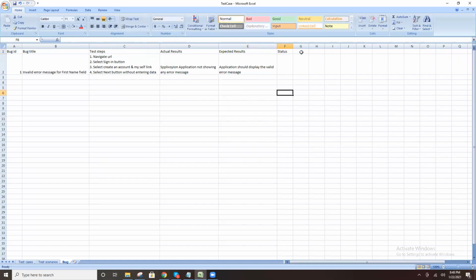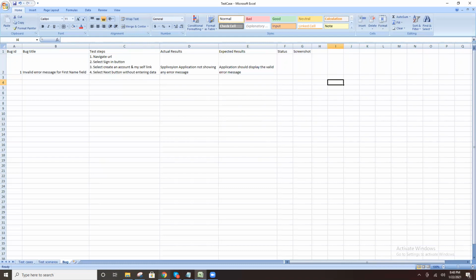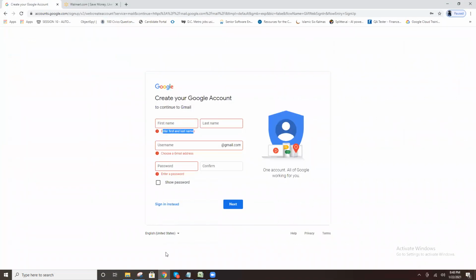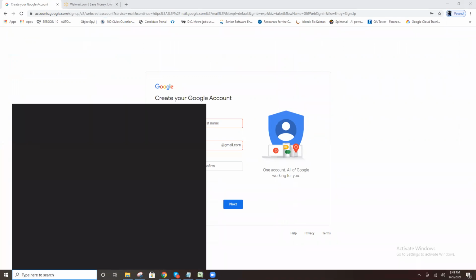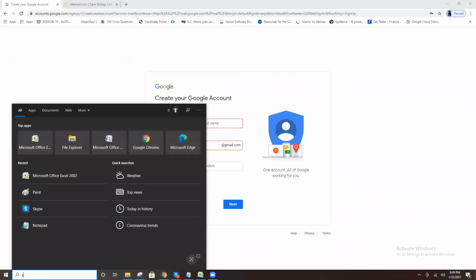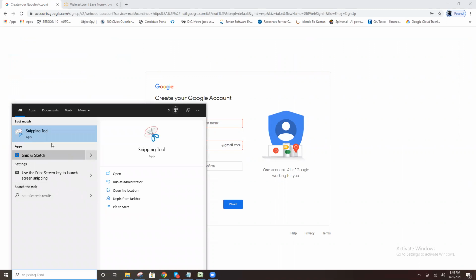And status is there, and screenshot is there. How to take a screenshot? For example, this error message is not showing. You take a screenshot, right? You know the snipping tool.